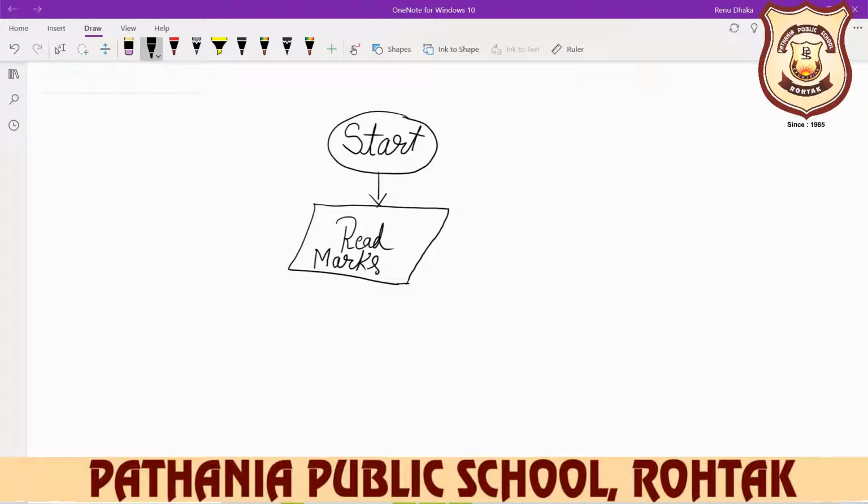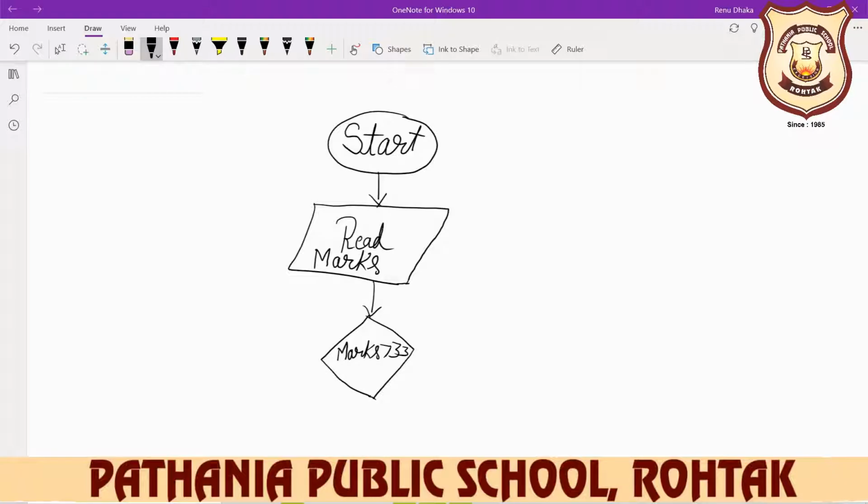After that, we decide here, and for decision you need the decisional box here. The name of this symbol is also diamond. Here you write down marks greater than 33.